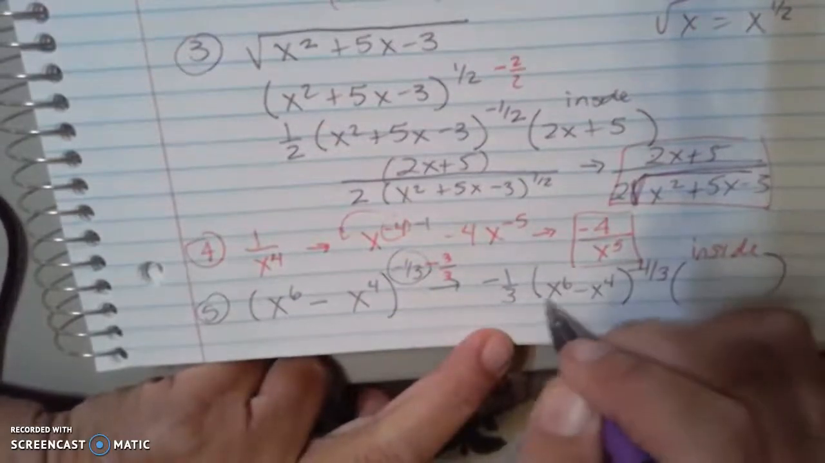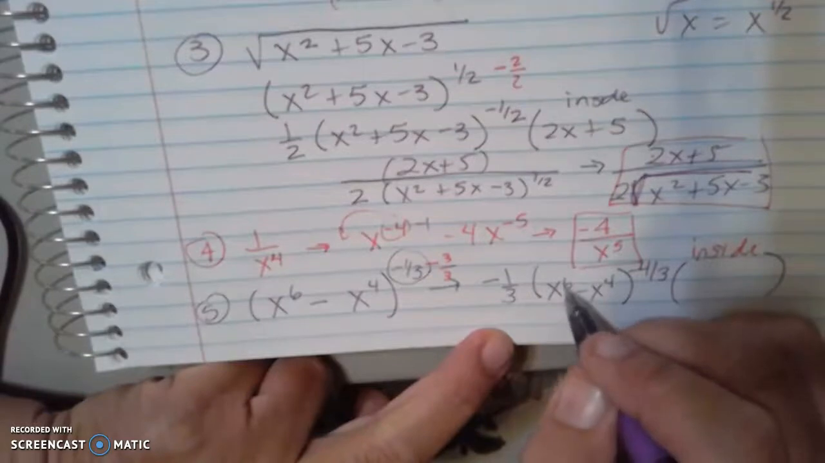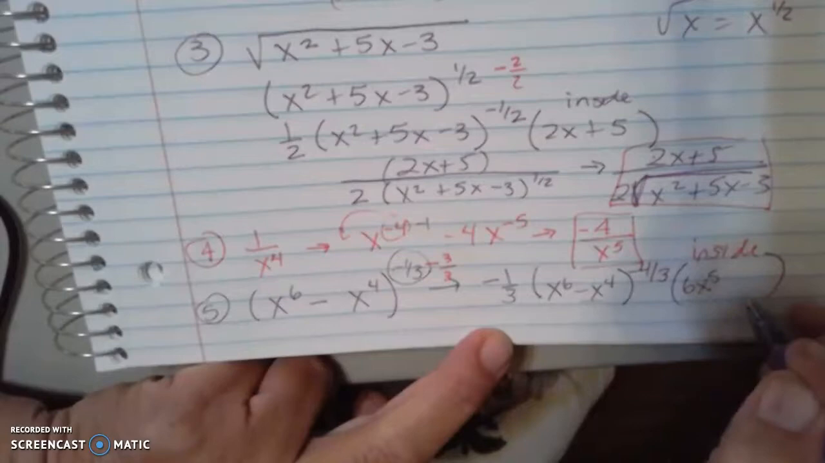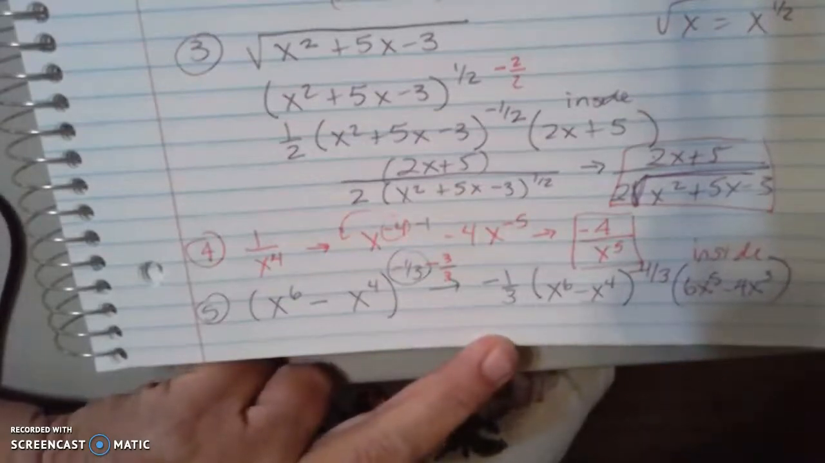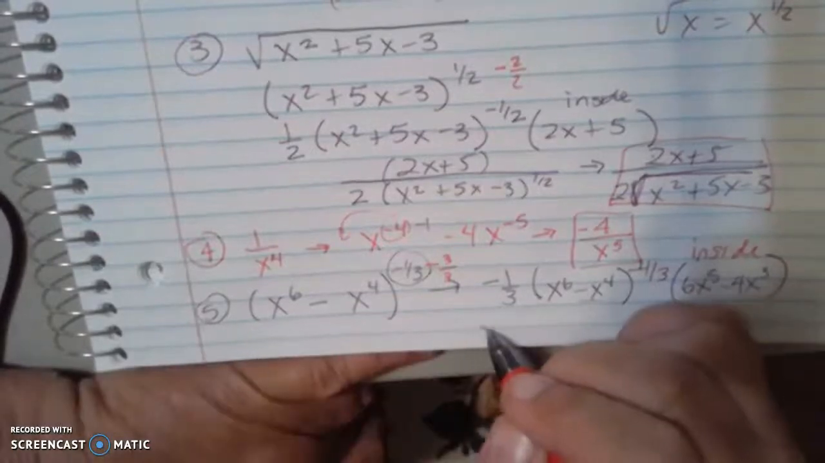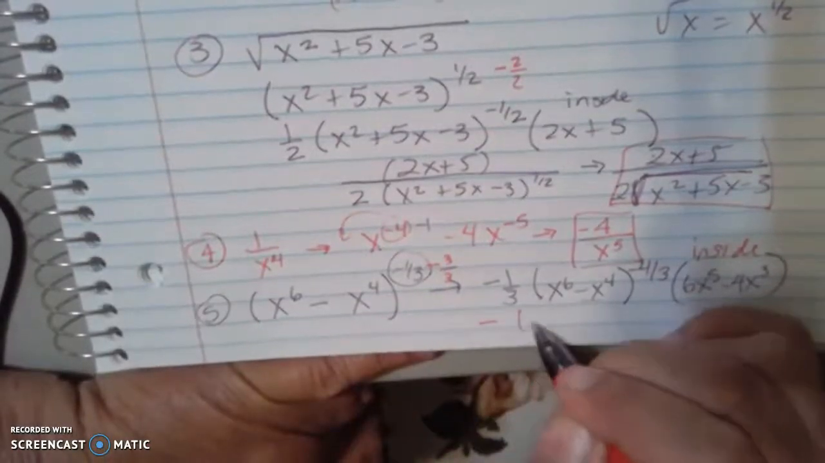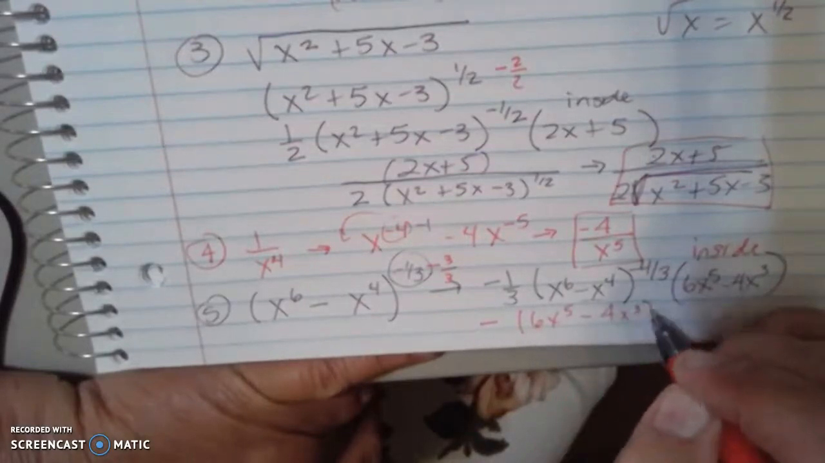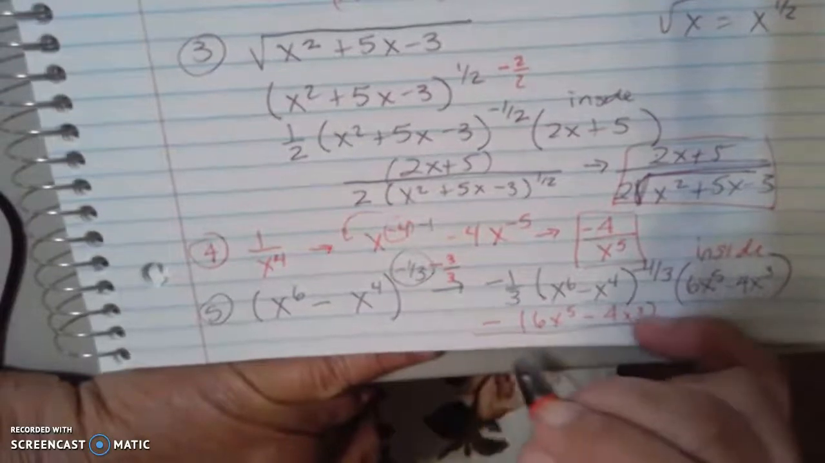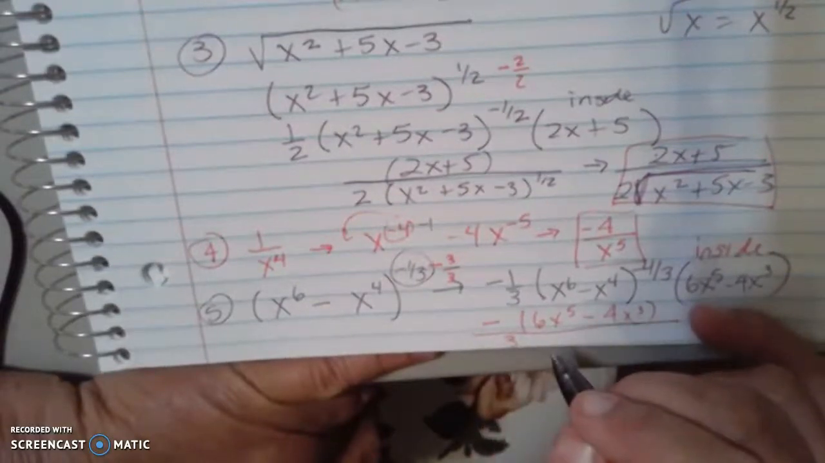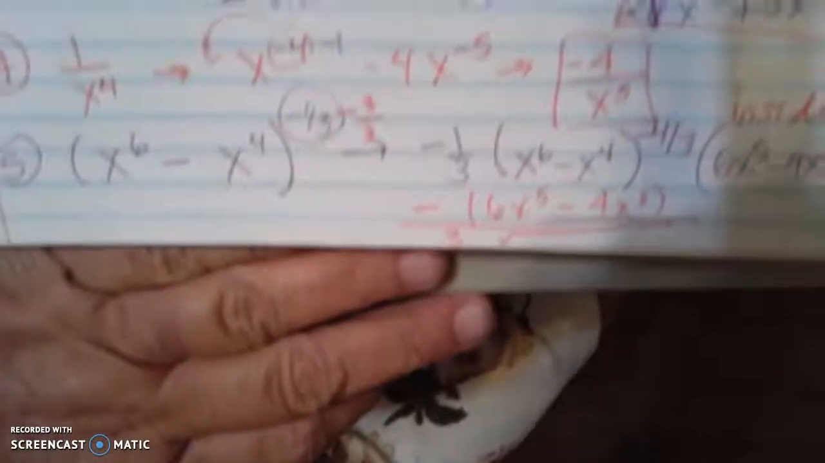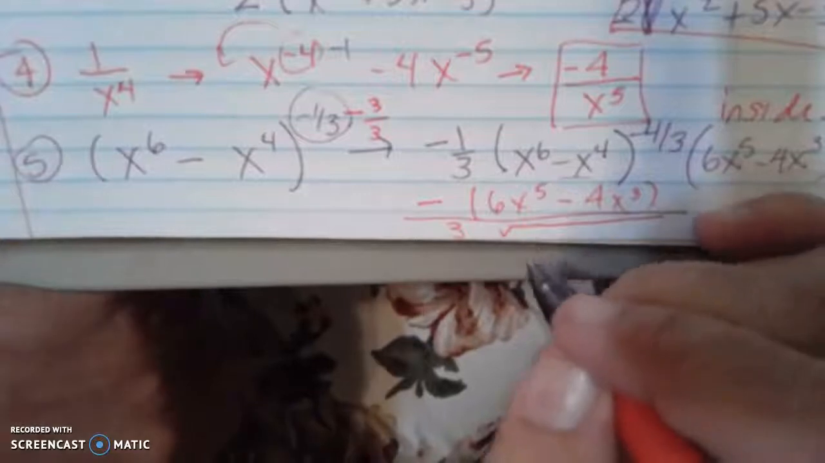Unwrap this package. So the derivative of just inside here is, bring the 6 to the front. 6x to the minus 1 is 5. Minus 4x to the minus 1 is 3. And then our final answer is negative 6x to the 5th minus 4x to the 3rd all over 3 times, now I can take the exponent, I'll make this a little bit closer because I'm squeezing it in here, and I'm going to get